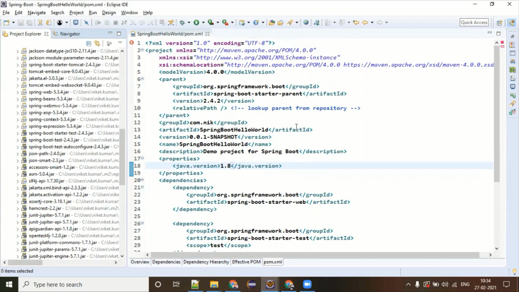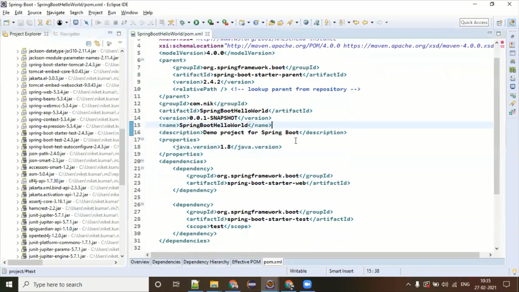So do we have any option to avoid this? Yes, there's the option of exclude. You can tell Spring Boot in the pom.xml, hey, I need Spring Web, but along with that I don't need Spring Web MVC. Imagine something like this. So there is an option called exclude. As you know the Maven project properly, but still I want to highlight a couple of very, very important points.